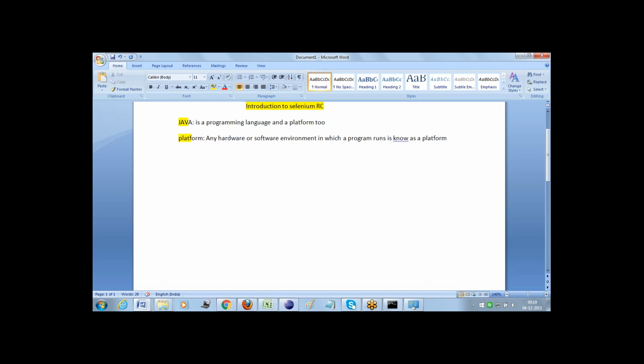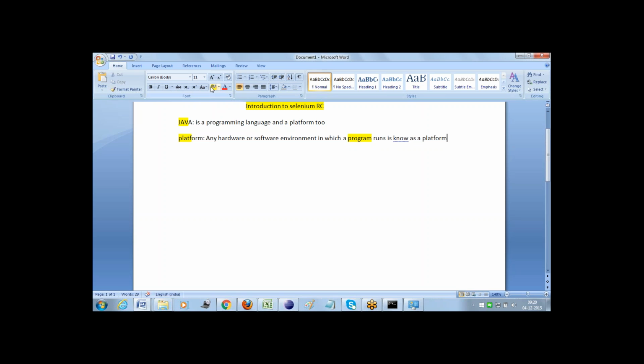Since Java has its own runtime environment, we can call Java a platform.